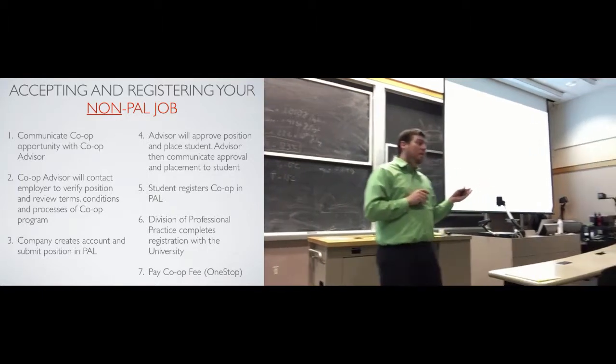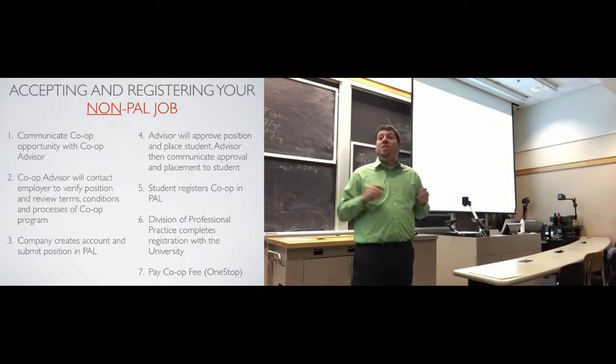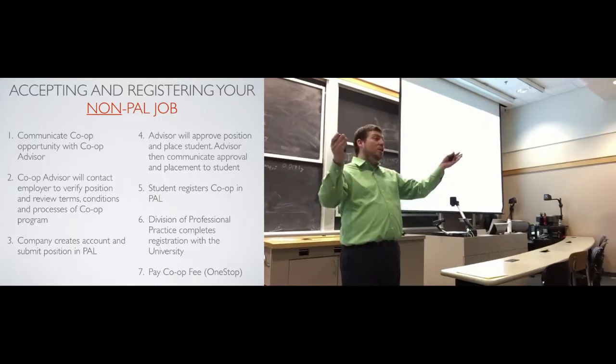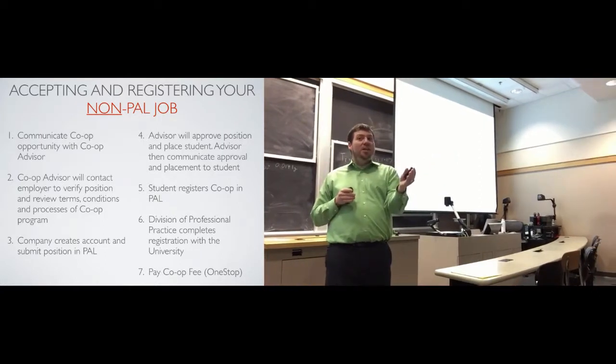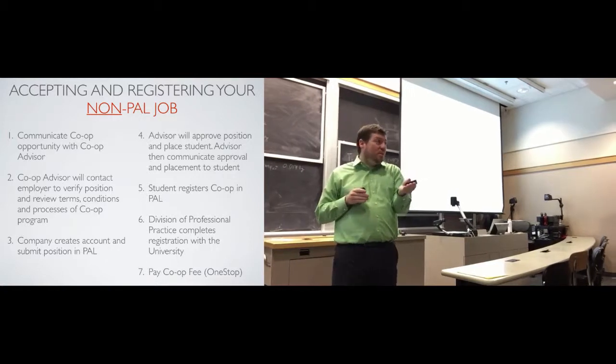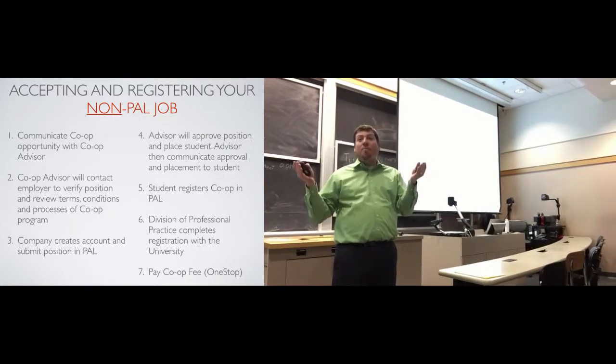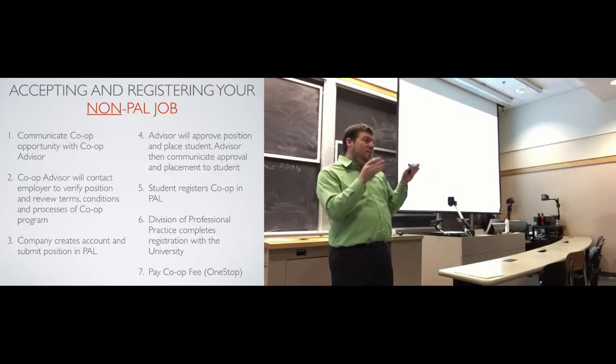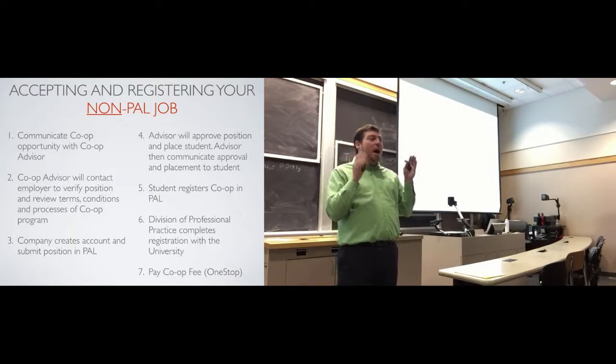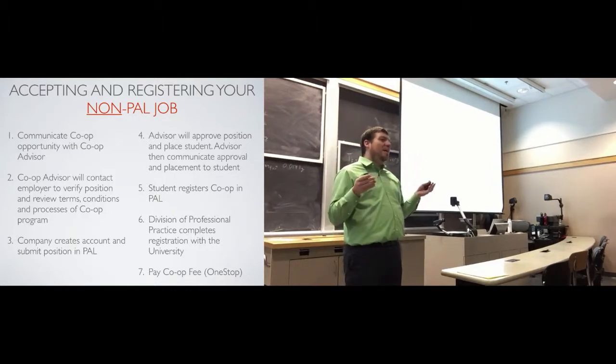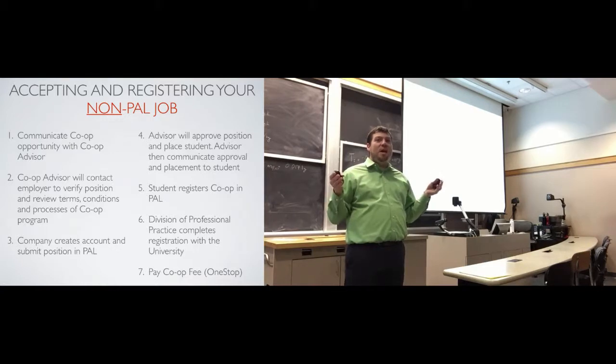I don't care if they pay you minimum wage. I don't care if they pay you $200 for the entire semester. That's their right. They can do whatever they want. If you're super excited about that job and you want to take a job that's only $200 for the entire semester, hey, I'm more happy for you. The average, like I said, is about $16 to $17 an hour. But students will often send me an email and say, hey, I got offered this job. It's $12 an hour. Should I take it?